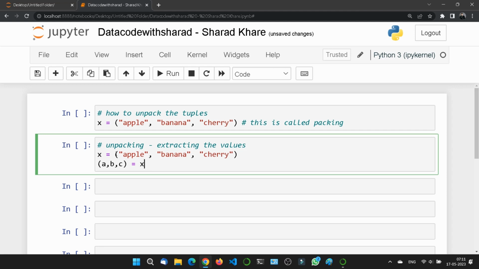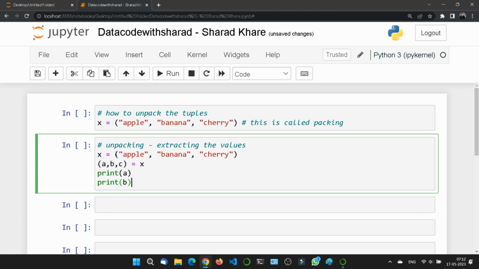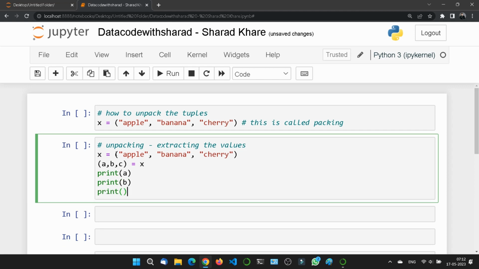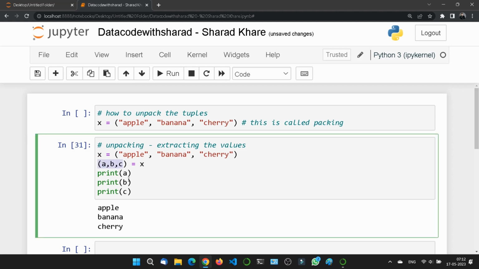Understood? So what if I print A first, then B, then C. If I run this, you can see apple, banana, and cherry are now in different variables. The first item goes into the first variable, the second item goes into the second variable, and the third item goes to C, the third variable.